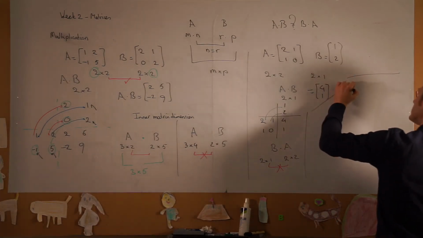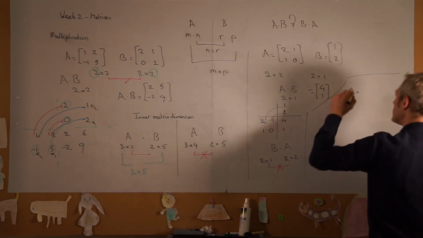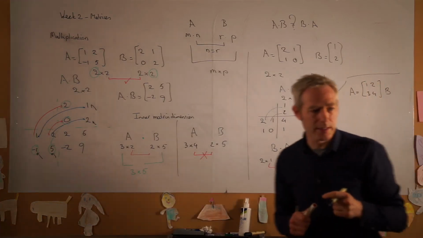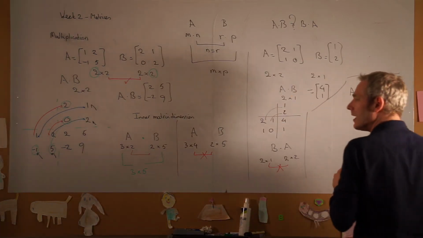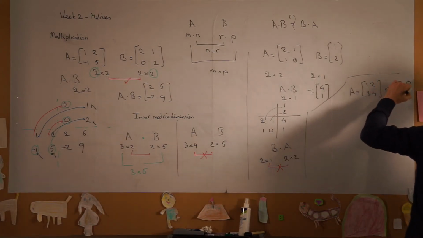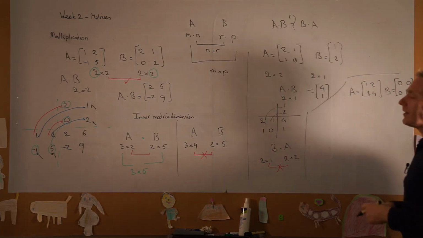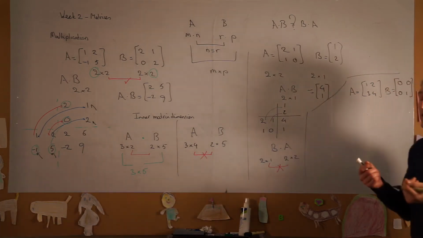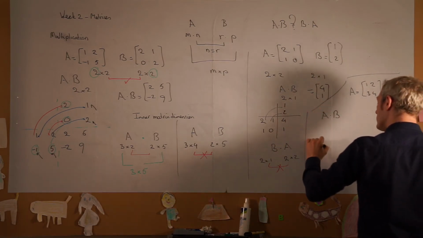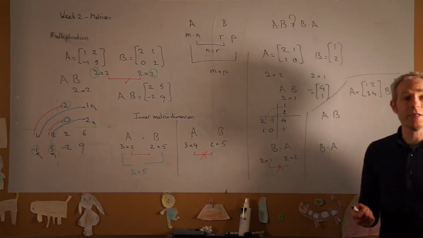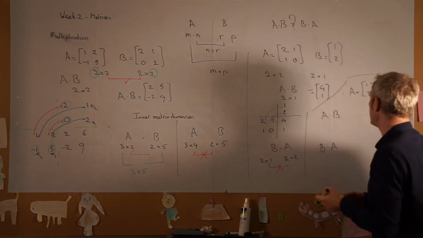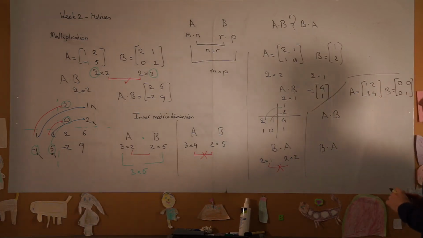two 2 by 2 matrices, and I will take A as [1, 2; 3, 4], which is not particularly special, and B, and let's see, can we still see this? Yes, we can still see this, B is [0, 0; 0, 1]. Now, A is 2 by 2 and B is 2 by 2, so I can multiply A times B, and I can also multiply B times A. So in theory, you'd think, well, okay, these multiplications are possible, but are they also the same? Well, if I multiply A and B,